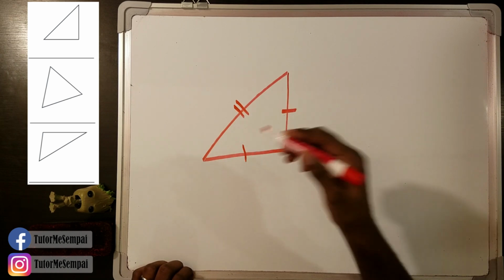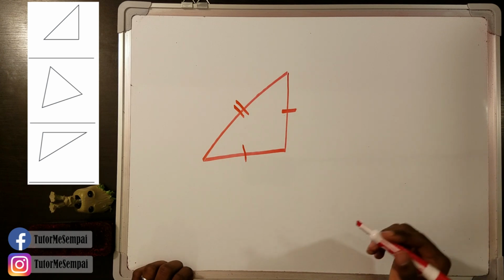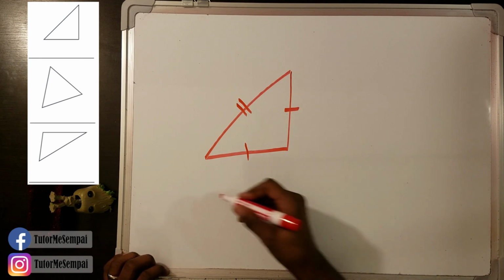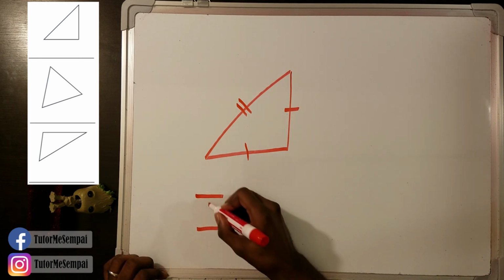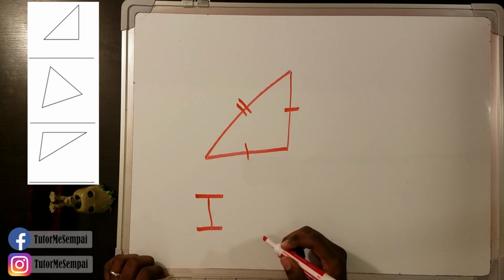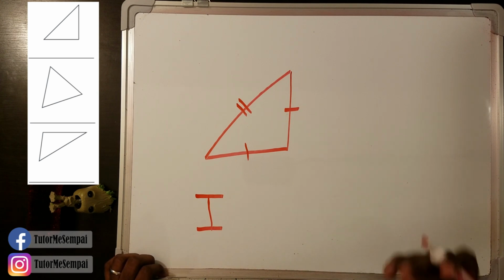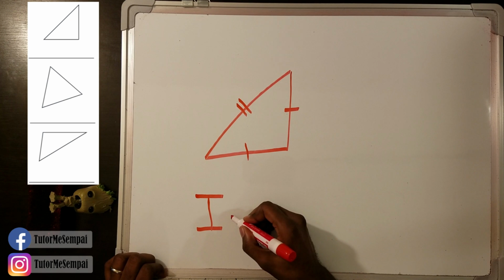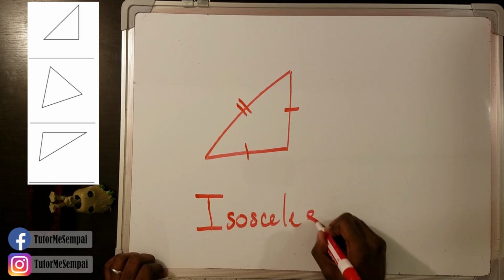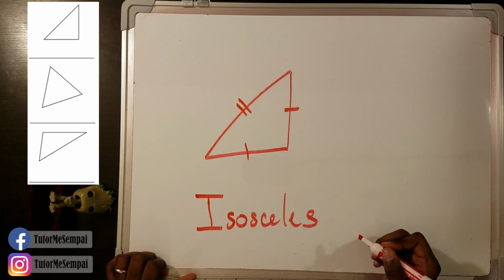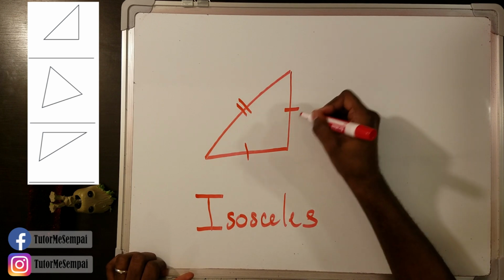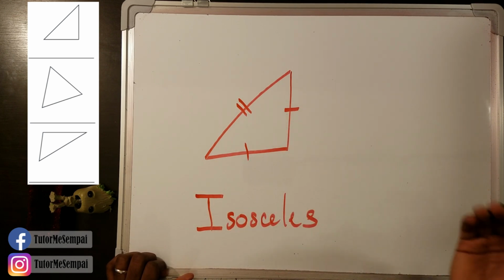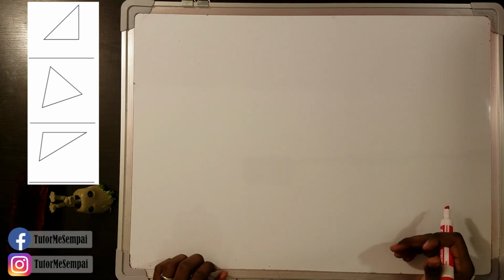All right, so which type of triangle has two equal sides? So if we remember our first trick, we had two horizontal lines in our first letter of isosceles. So if we use that first trick, that should let us know this is going to be an isosceles triangle. Two equal sides, two horizontal lines. This is an isosceles triangle. Our next one,